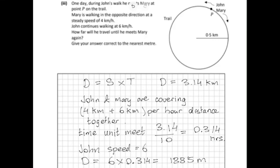John's speed is 6 kilometers per hour. Distance is equal to speed by time multiplied out, and we'll get a total of 1,885 meters. So well done, and